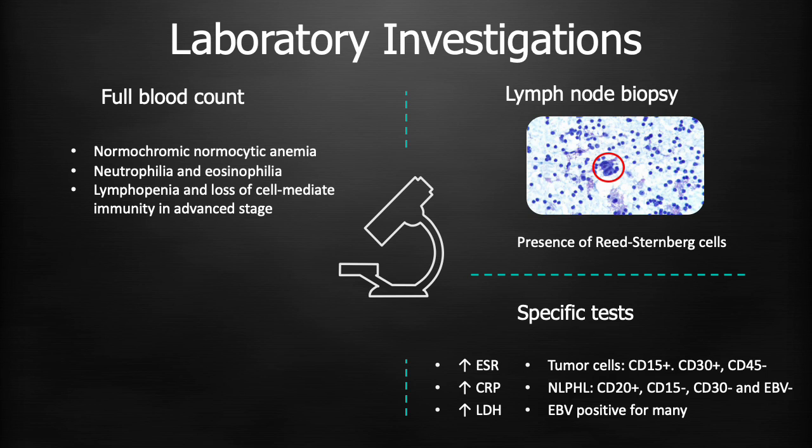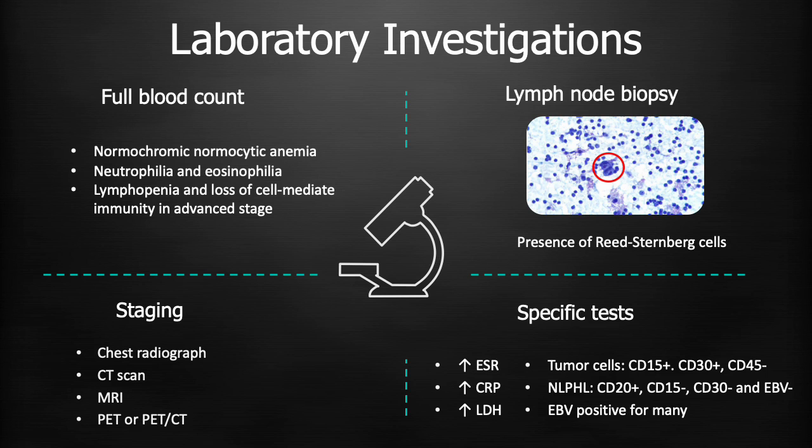The stage of Hodgkin lymphoma is determined by the location of the cancer and the presence of certain clinical signs. The stage of Hodgkin lymphoma is important for determining the prognosis for patients with Hodgkin lymphoma and for guiding treatment decisions. Staging is performed by thorough clinical examination together with chest X-ray and CT scan to detect intrathoracic, intra-abdominal, or